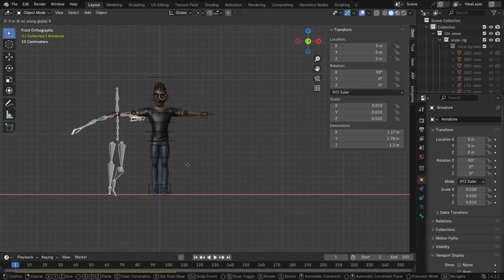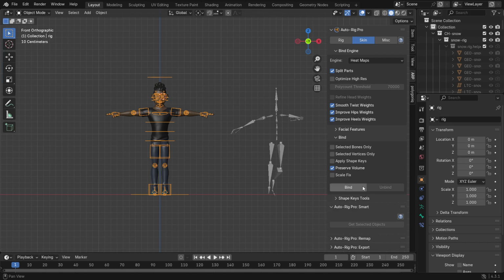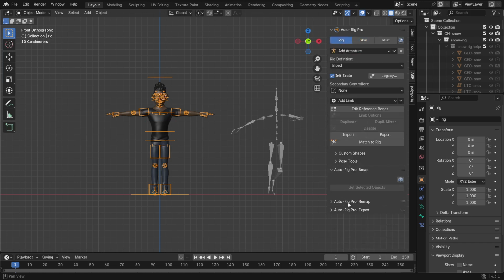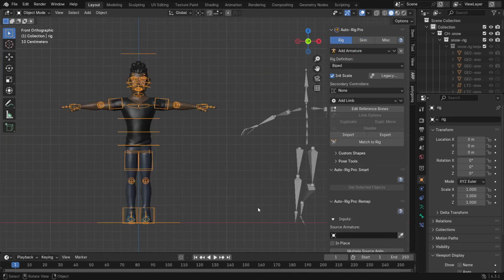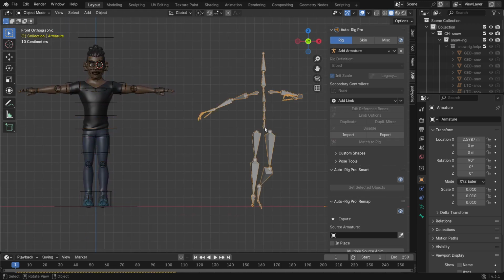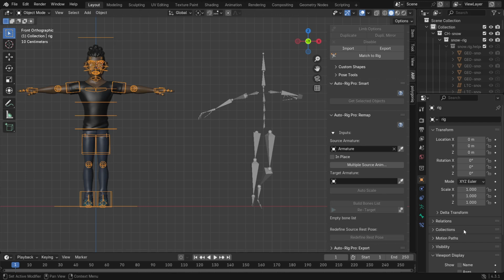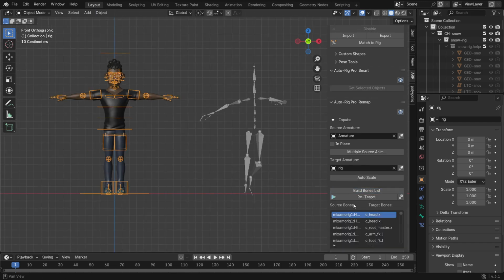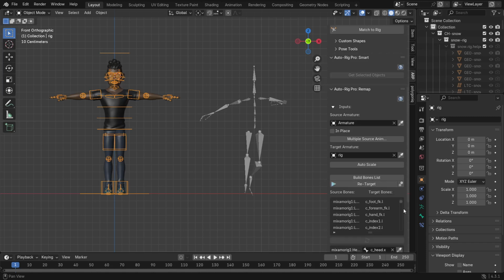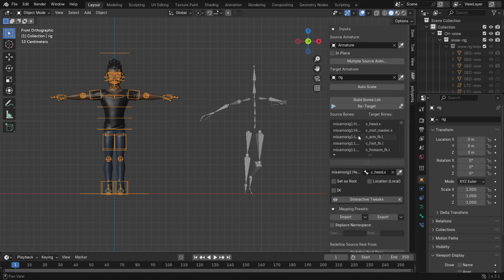Let's move this animation to the side and go to the Auto-Rig Pro remap section. Here we select source armature, which is actually the Mixamo. So click Mixamo animation, use the eyedropper tool to select that. We select the target armature as our own rig. After that, click build bones list. Now this has generated a list of bones matching from reference to target armature, but this is arbitrary,